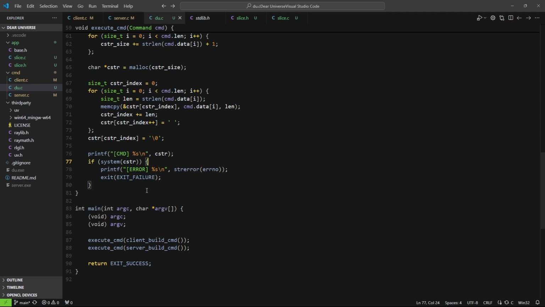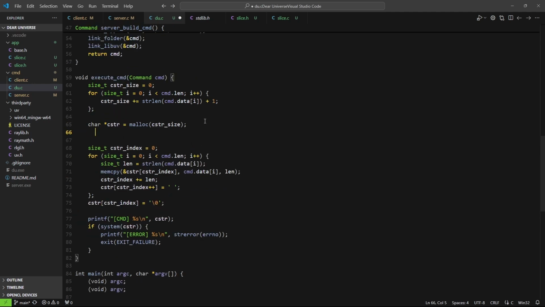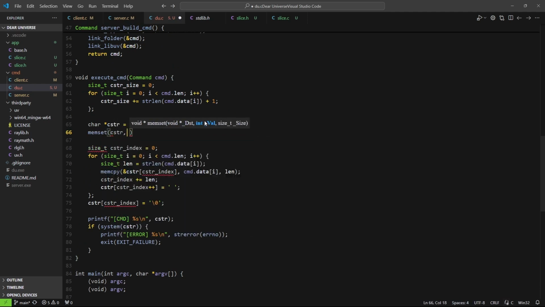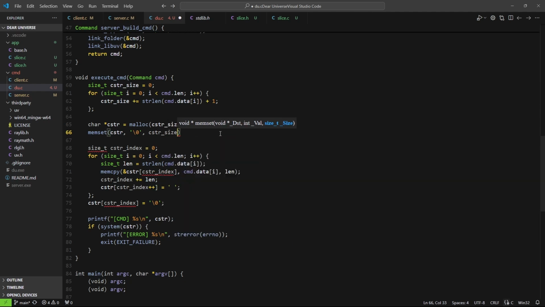So yeah, that's strange. So this C string should be properly initialized. It does have everything it needs. Well, another thing I could use is probably memset. And can memset this with that for that amount,